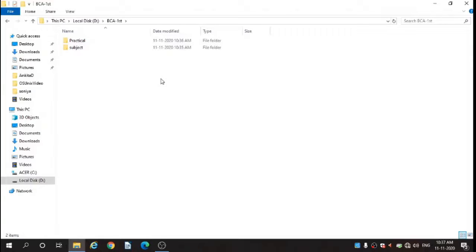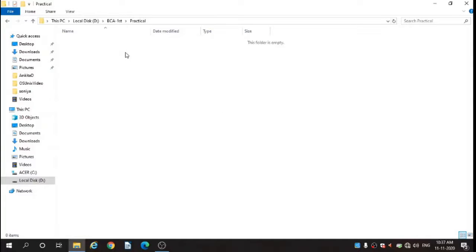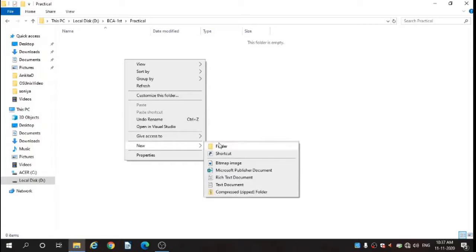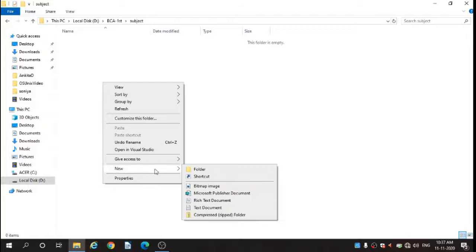The folders also allow you to have more than one file with the same file name. If you created in this Practical folder a new folder and gave it the name CF, then you can create CF in Subject also.